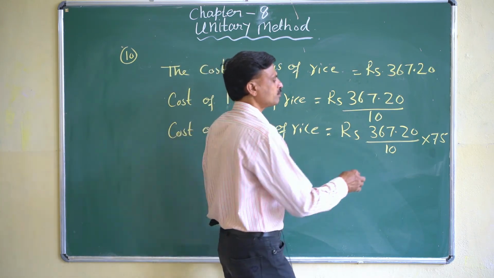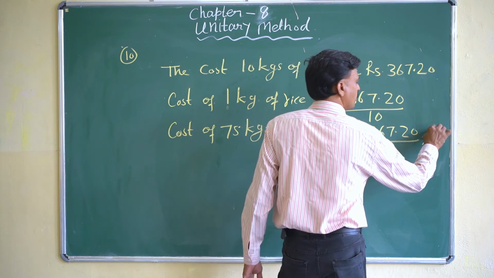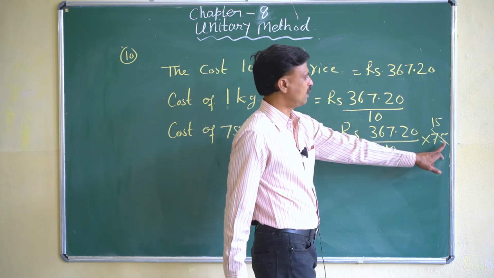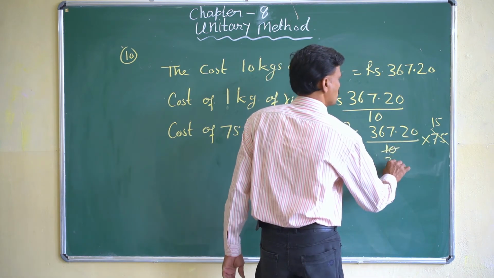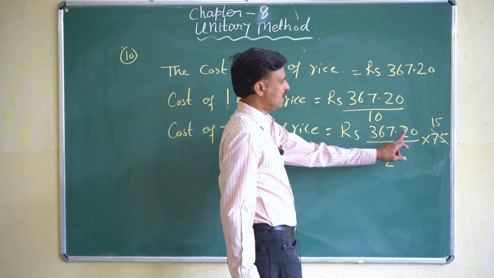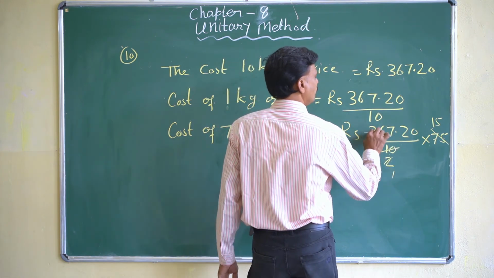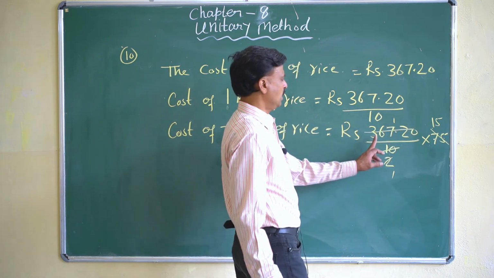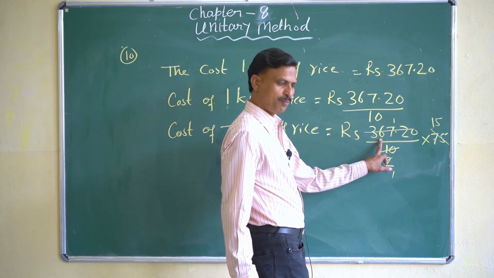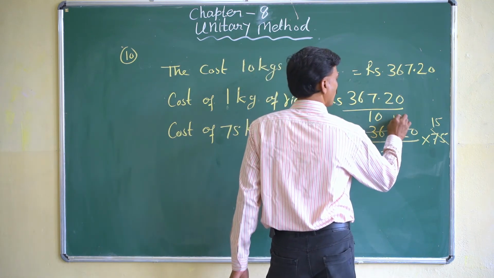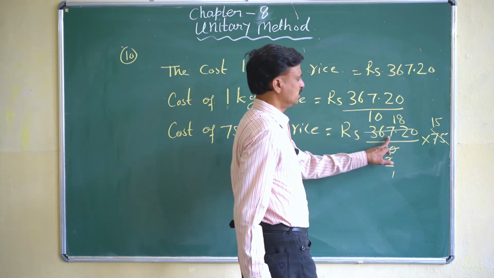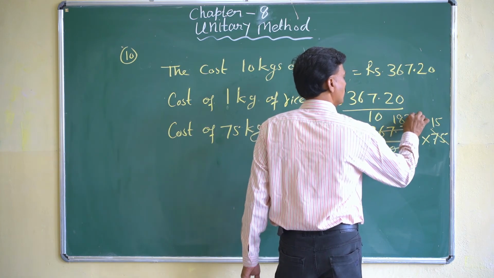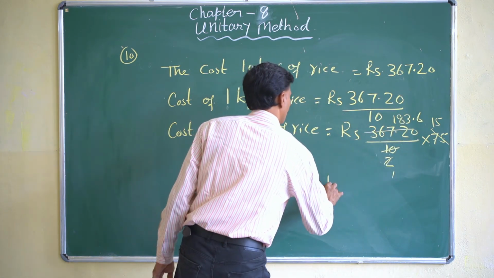Right? Okay. 75 and 10 will be cancelled by 5, you know that. So 15, and 2 will come. Now by 2 will cancel this value. So 2 ones are 2, how many times will it be divisible? 3 is divisible 1 time, right? Then it becomes 16, so 8 times. Then it is 7, so 3 times. Then it becomes 12, and the decimal is here, so 6 times. So it is coming rupees